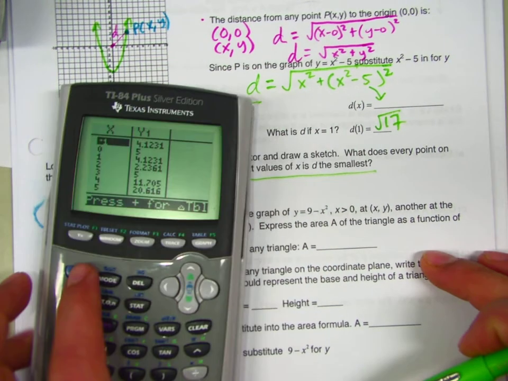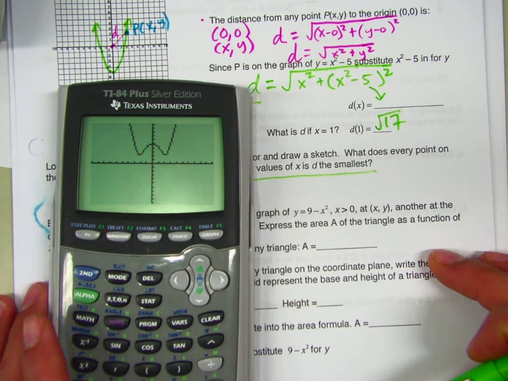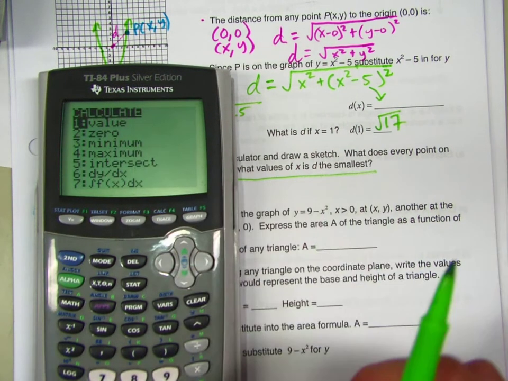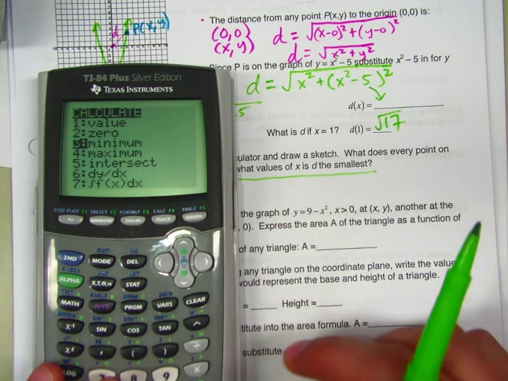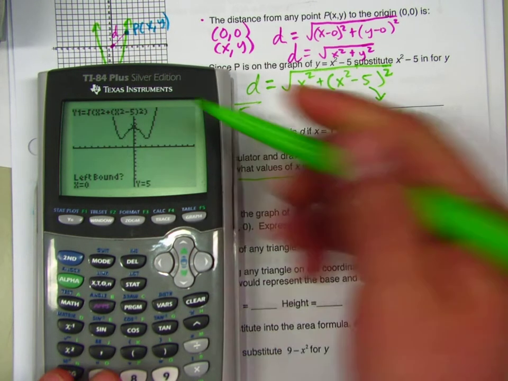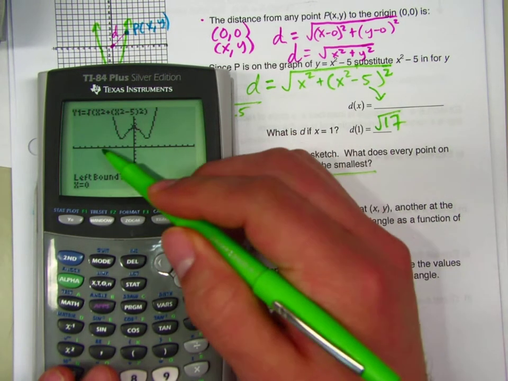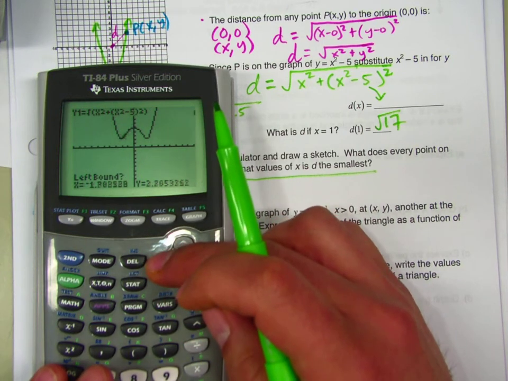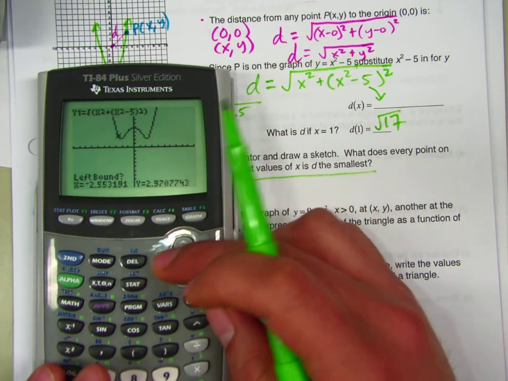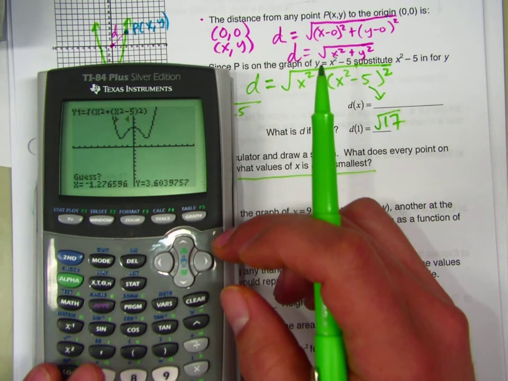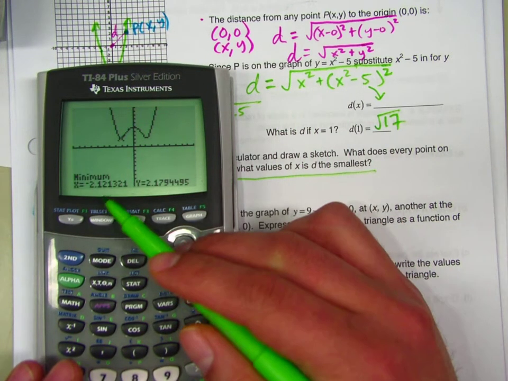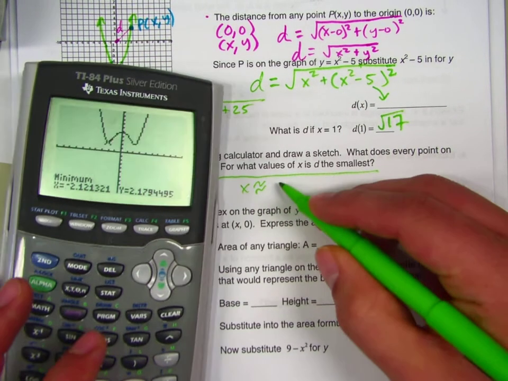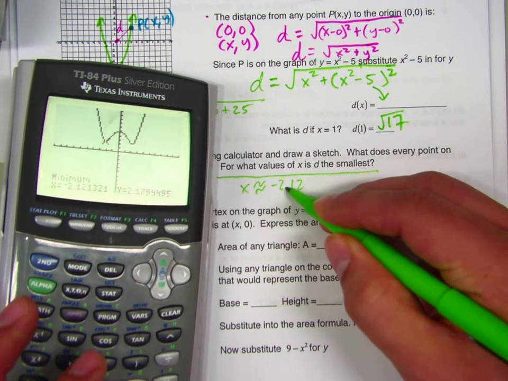How can I do that on the calculator? How do I find the smallest values? Minimum. Second trace, and we'll combine that with what Philip said, minimum, right? It looks like there's two potential ones, right? Let's go ahead and find the first one. You guys remember how to do this? Second trace, minimum. Left bound, right bound. So potentially, when X is about negative 2.12,